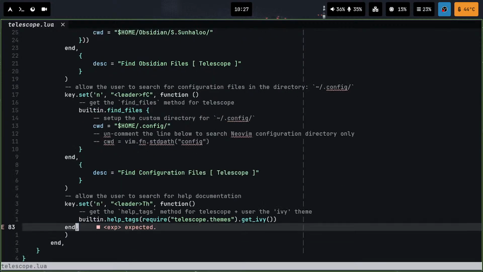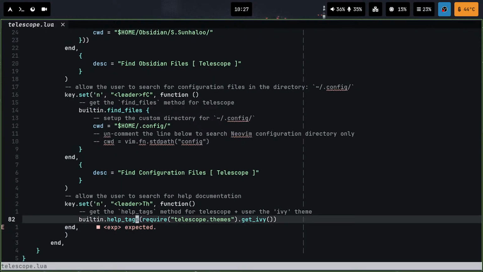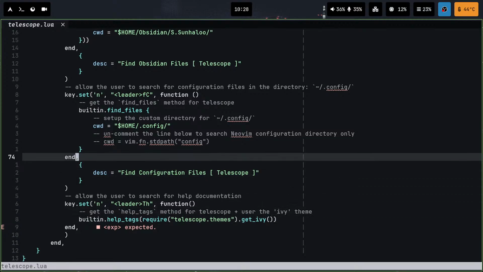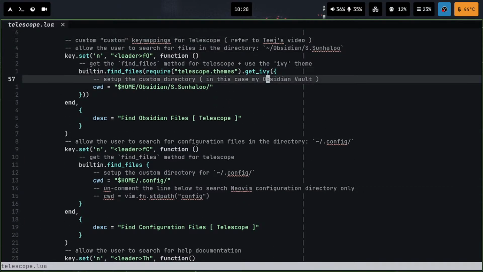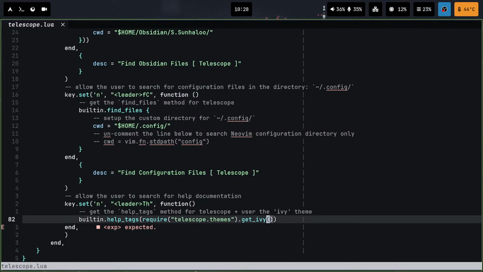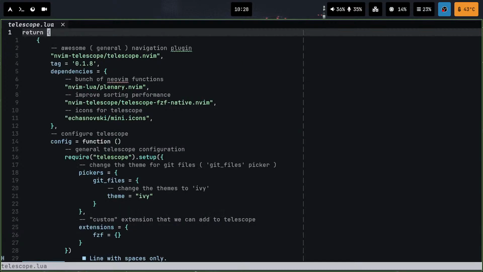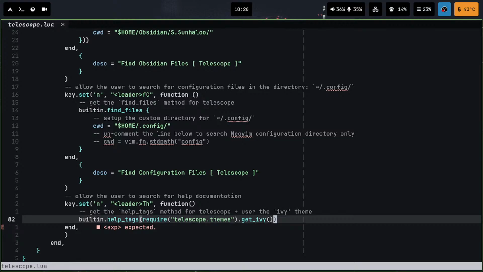We create, and then we have this expression expected. What do you mean expression expected? I know it's trying to find something like that. Instead of that,